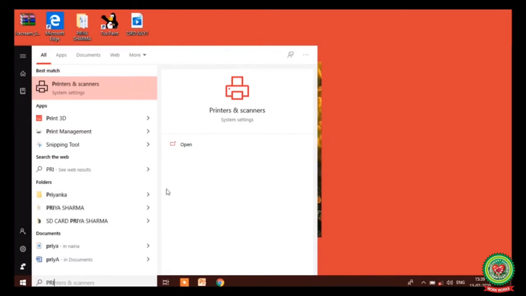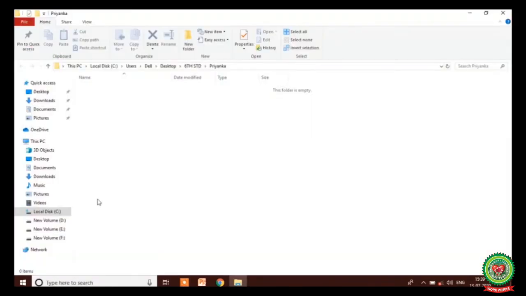Now select any file that you want to choose. For example, I'm going to select the file Priyanka. I will click on this file and you will see the file or folder that you have selected will open on your screen.